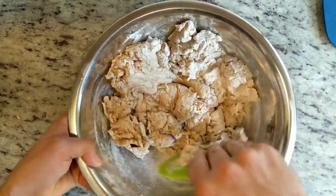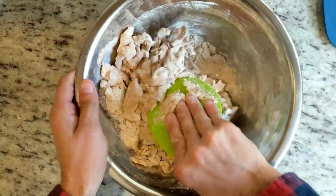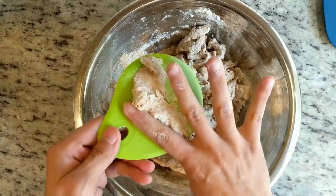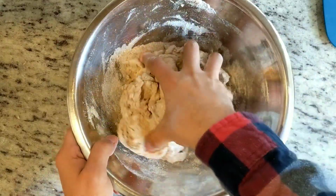The first reason is that spelt flour makes a really extensible or stretchy dough, and the second reason is that spelt flour makes a dough that ferments rather quickly. So if you lower the hydration a little bit, the dough will be a lot easier to handle on both of these accounts. But that does mean you'll need to work a little bit harder to get all the flour